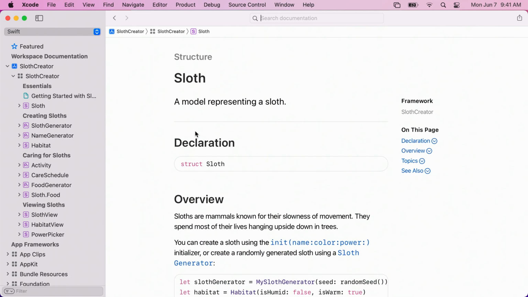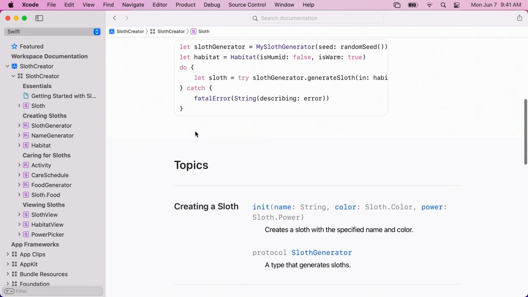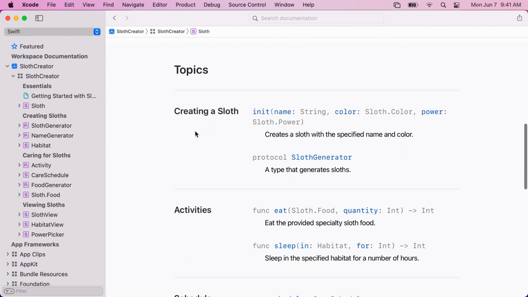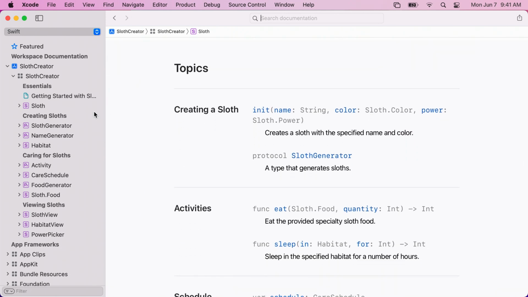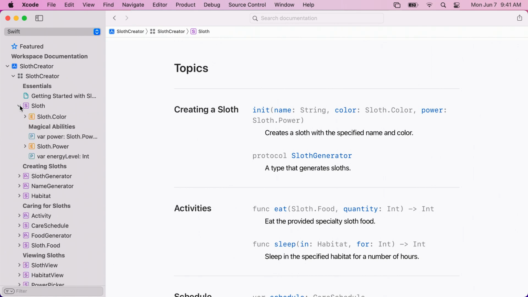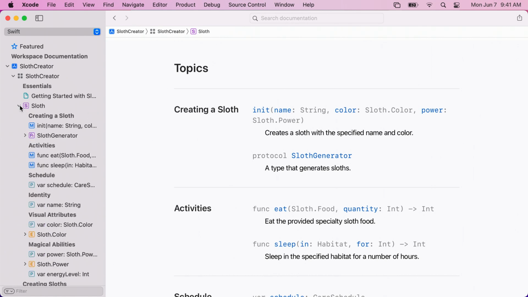The content I wrote in the source code is still at the top, and the topic section I created in the documentation file is added after it. When I expand the page, the Navigator is updated as well. The changes that Bia and I made are done, and we're ready to share them with the world. The documentation looks great in Xcode, and anyone can build it after they download the Swift package.